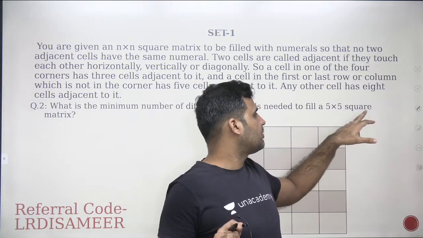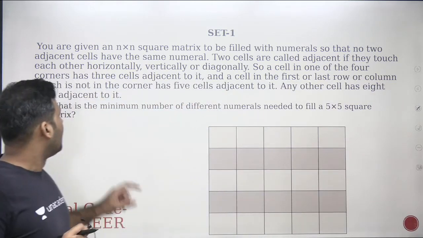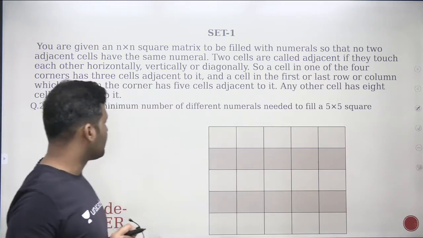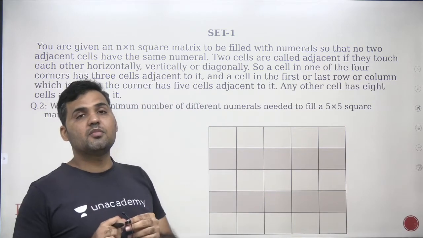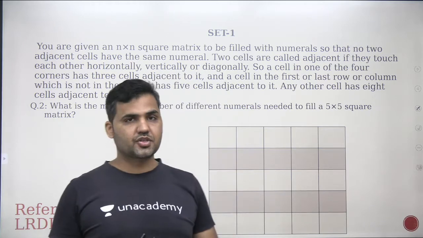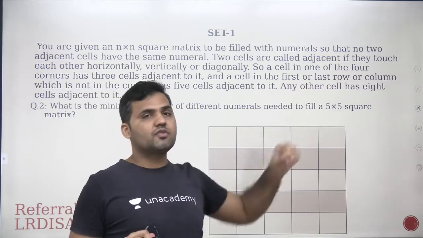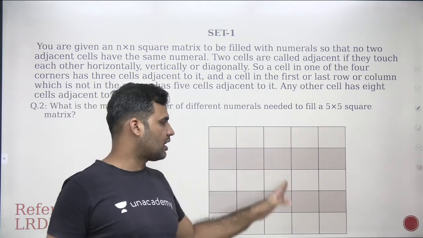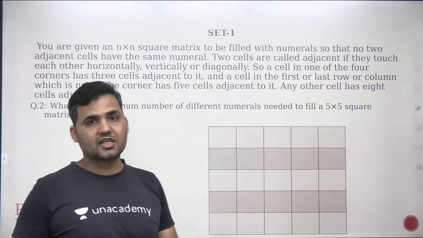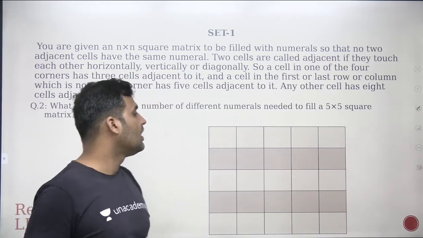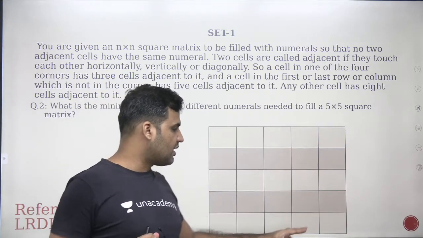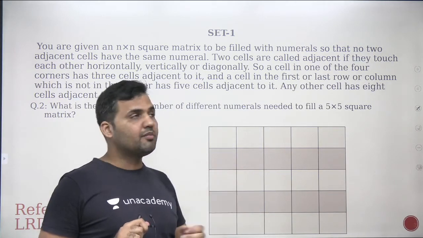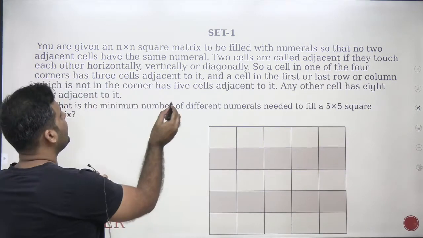Now what the question is asking me is: what is the minimum number of different numerals needed to fill a 5 into 5 square matrix. In the previous question we did how many numerals will be required to fill a 3 into 3 square matrix, but here we have a 5 into 5 square matrix. That means we have 5 rows and we have 5 columns. So the total number of cells is 5 into 5, that is 25. And we need to fill all these 25 cells with numerals, but those numerals have to be as few as